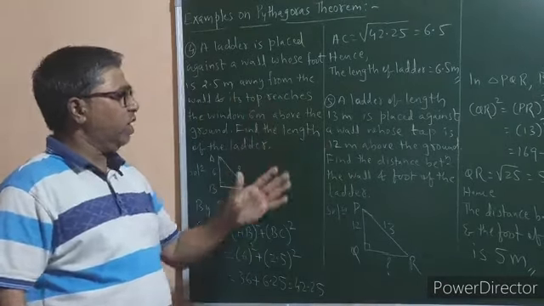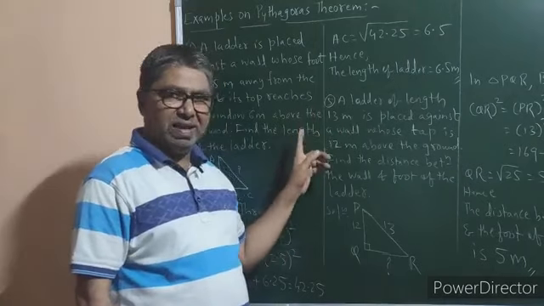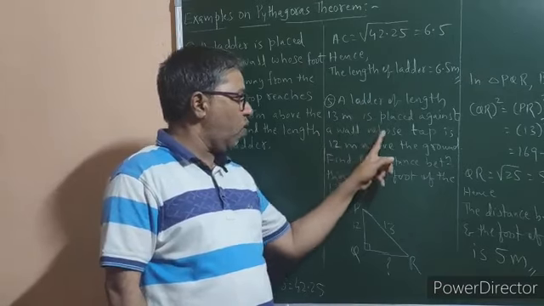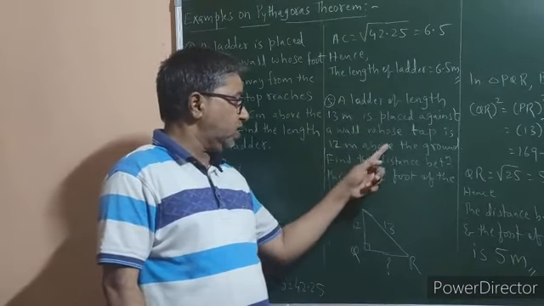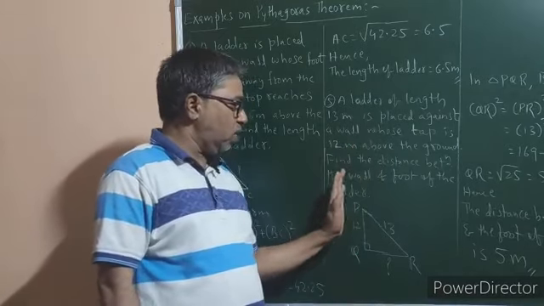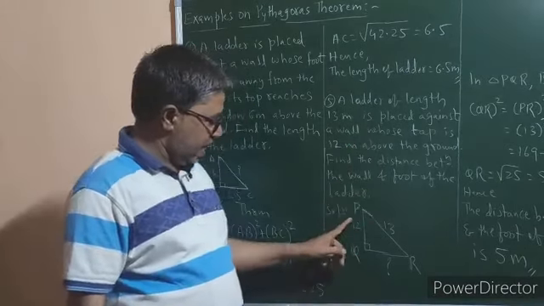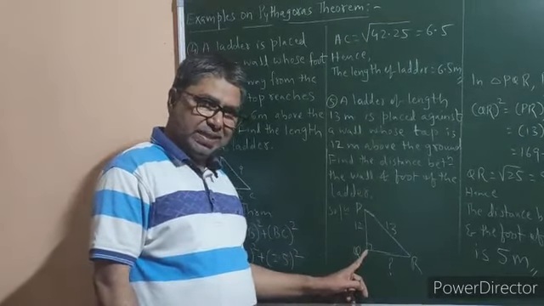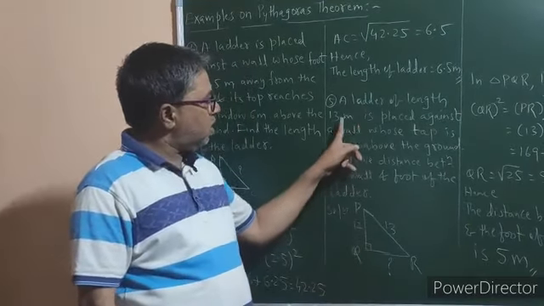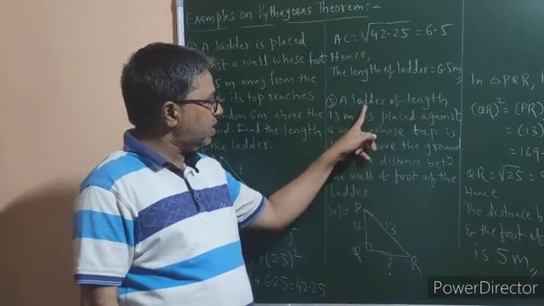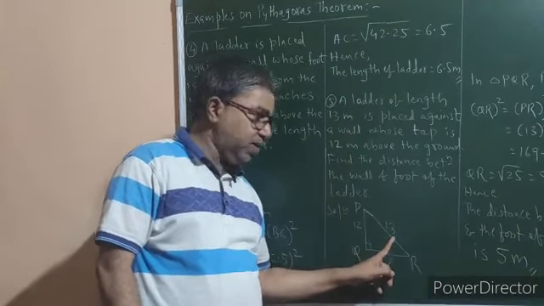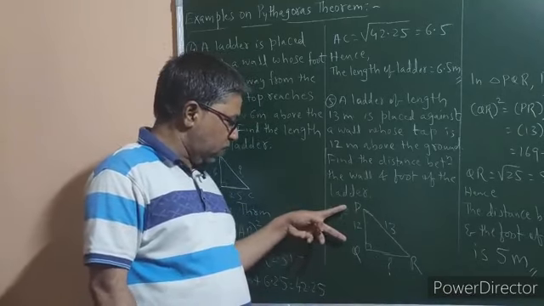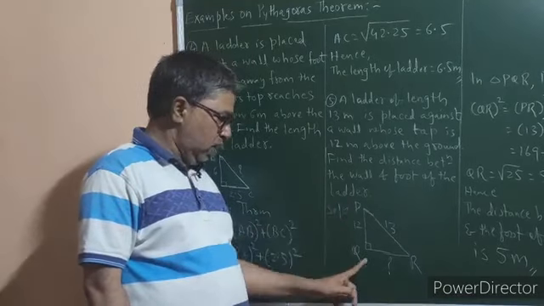Now in the same way, coming to one more example of the same pattern, a ladder of length 13 meter is placed against a wall whose top is 12 meters above the ground. Find the distance between the wall and foot of the ladder. Again draw a right angle triangle PQR. Show angle Q is 90 degrees in the triangle. Then 13 meter is the length of the ladder, means the length of PR will be 13 meter, then whose top reaches 12 meter above the ground means that 12 will be the length of PQ,